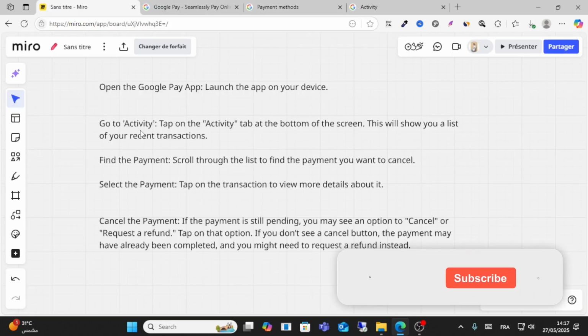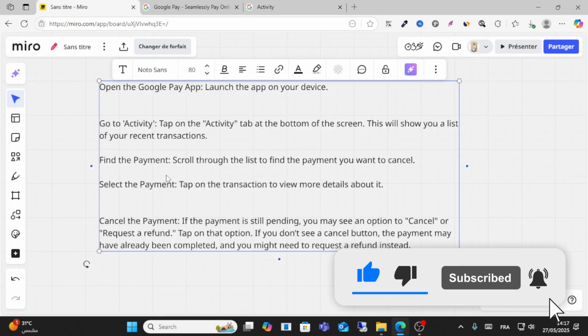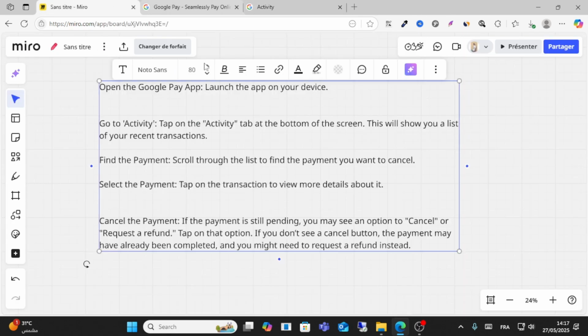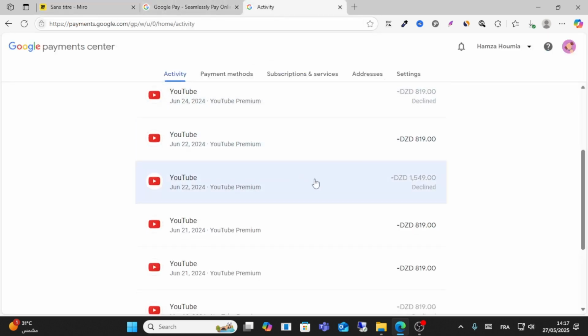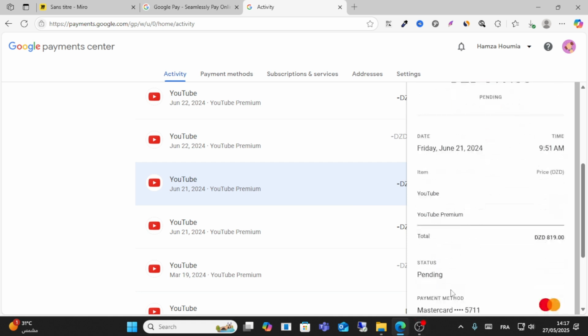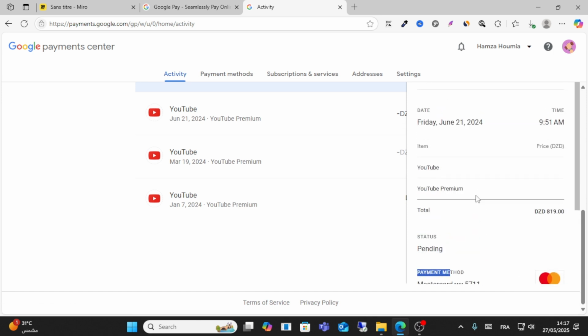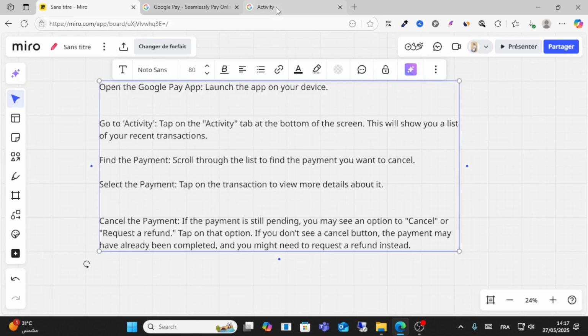And after that, guys, go to Activity. Look for the Activity option, as you can see here. From here, scroll down and go to the payment you want to cancel, for example, this one. Click this one, and you can see this is pending. So guys, if this is an active payment, just click the cancel option, and after that, click cancel payment and